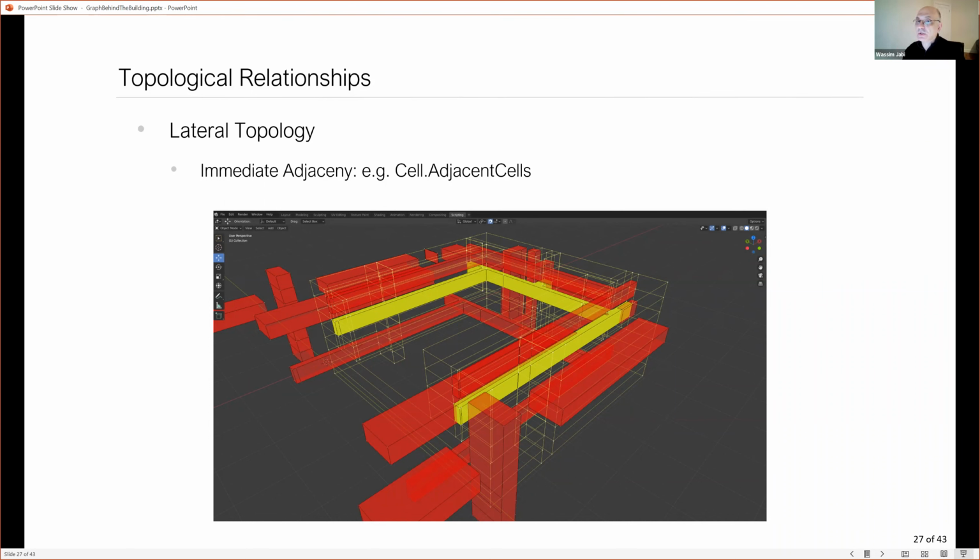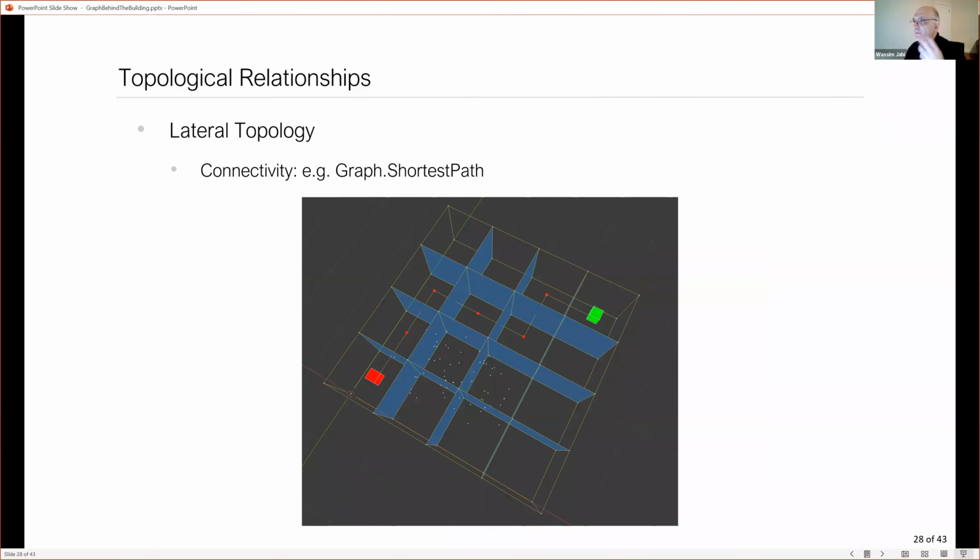And then I asked this corridor, OK, give me all your adjacent cells. So I call cell.adjacent cells. And it gave me all the cells that share surfaces with it, that touch it, including units or rooms, including the vertical stack of elevators and lifts and staircases, etc., etc. So you can go into any space and just simply click on it and say adjacent cells, and it will give that to you.